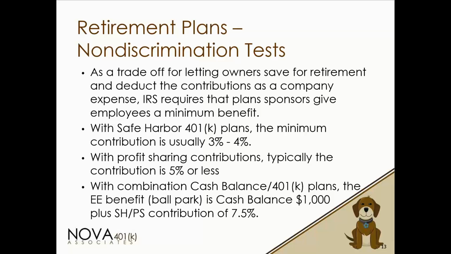As a trade-off for letting owners save for retirement and deduct the contributions as a company expense, IRS requires plan sponsors give employees the minimum benefit. With the safe harbor 401k plans, the minimum contribution is 3 to 4%. With profit sharing contributions, typically the contribution is 5% or less. And then, as I had just mentioned, with the combo plans, the minimum benefit,